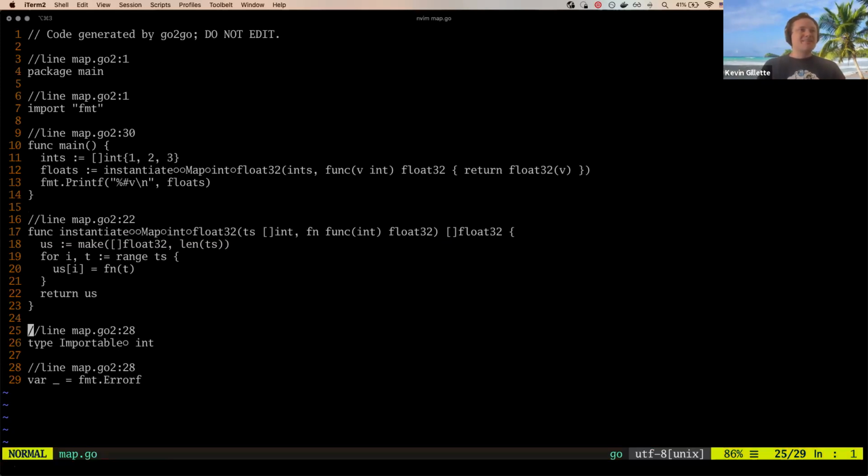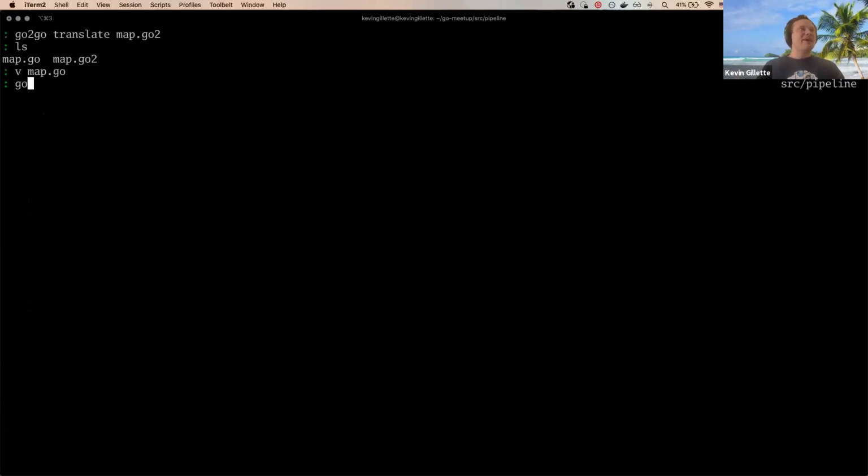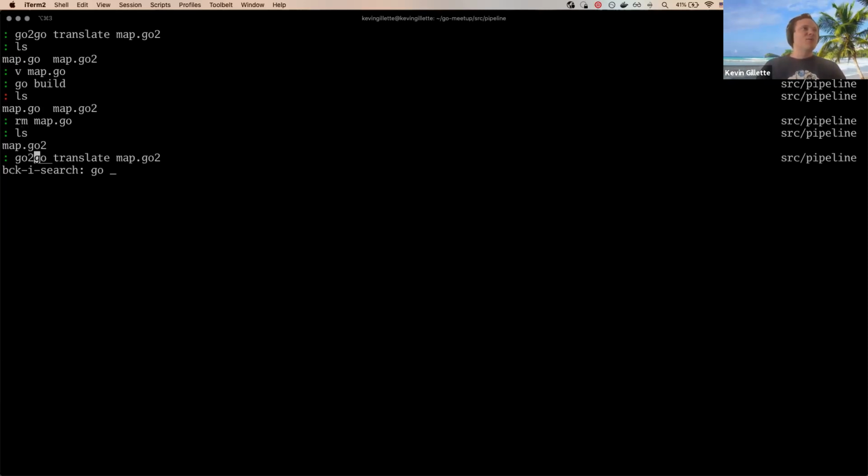It adds some things in here that don't actually make a lot of sense. You can't actually go build this because you have to have a special import path. So this output is just for curiosity. It's not how the final implementation will be by any stretch. What you'll probably use are